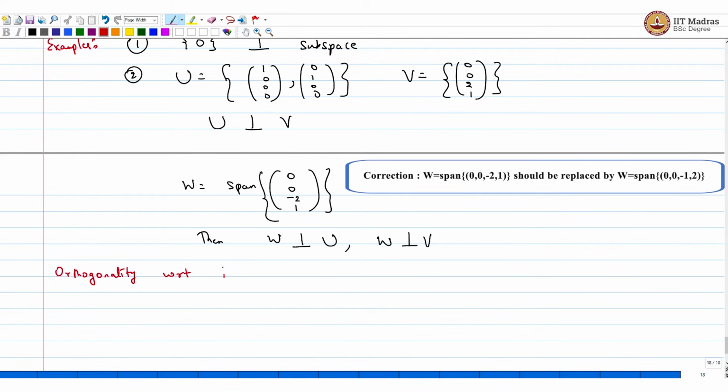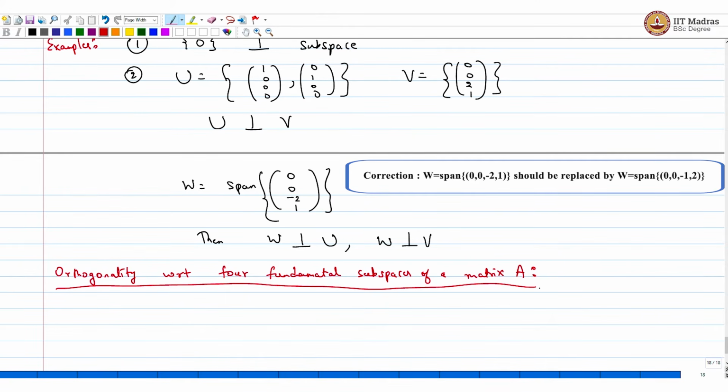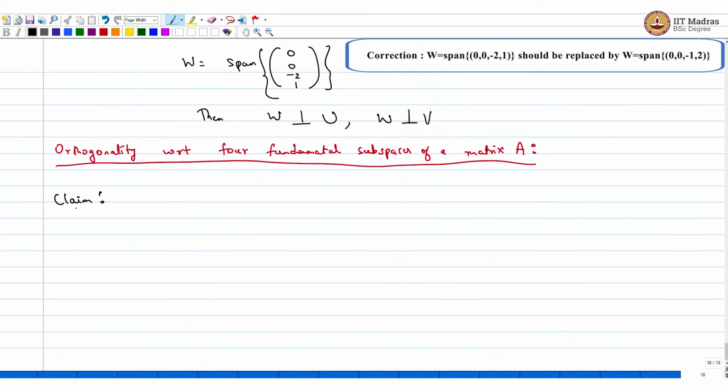Orthogonality with respect to the four fundamental subspaces of a matrix. The first claim is, if I take the row space of A, then it's orthogonal to the null space of A. And the proof is fairly straightforward. If I take x belonging to the null space of A,